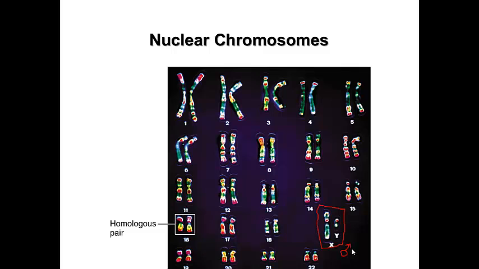But the reality is that the sex chromosomes, X and Y particularly, are not technically homologous because they have different lengths and they have many different sets of genes. Okay, they're quite different. But they are paired together because you always pair together the sex chromosomes. But all of these other guys are homologous. Same types of genes in the same orders, but little differences maybe in those particular genes from one chromosome to another. We call those little variations or differences in genes of the same type alleles. Right?